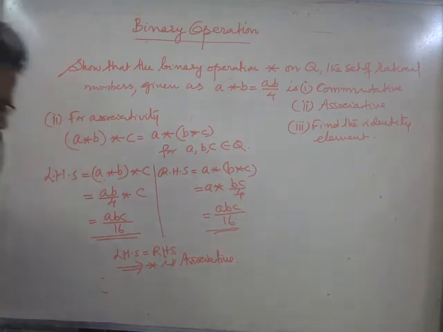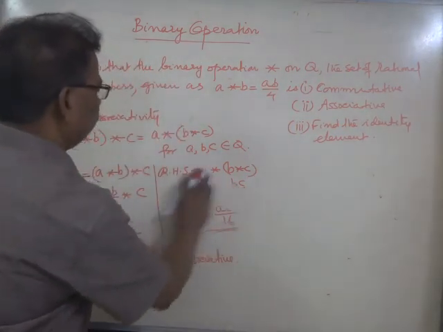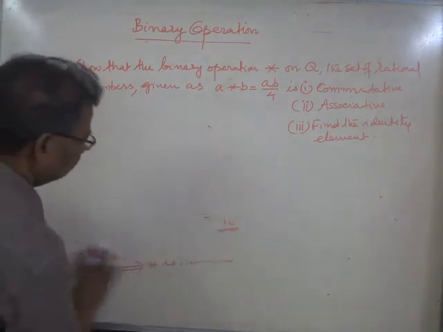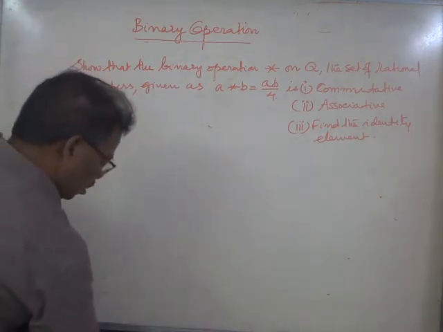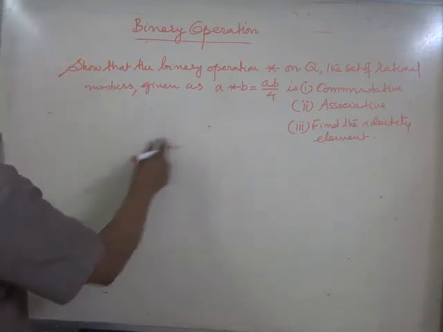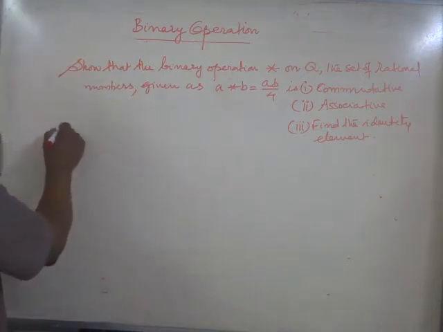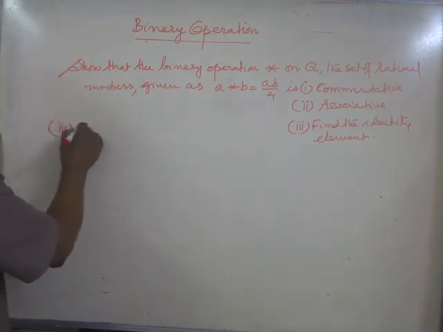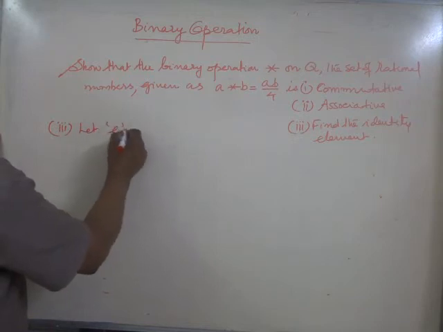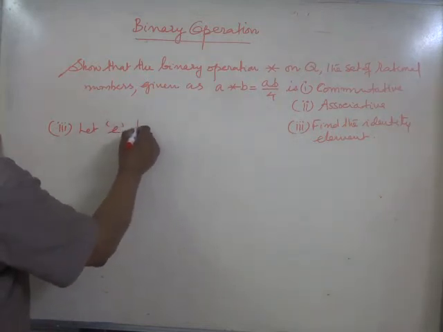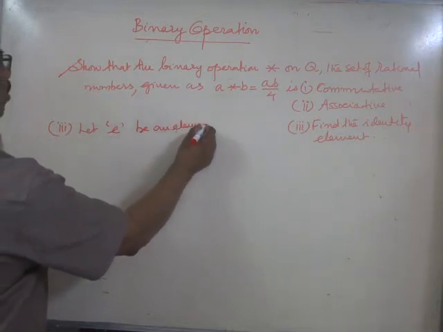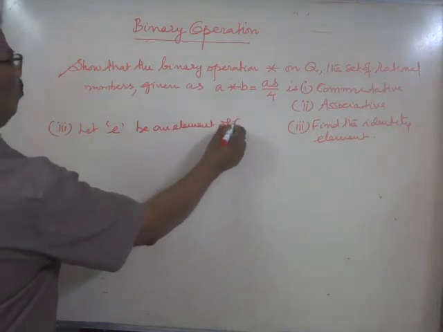You got it? Now coming to the third part, identity element. We have to find the identity element. Let E be an element of Q,